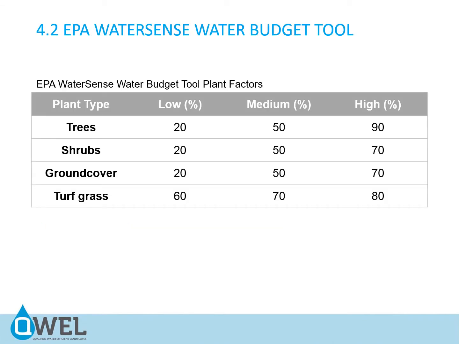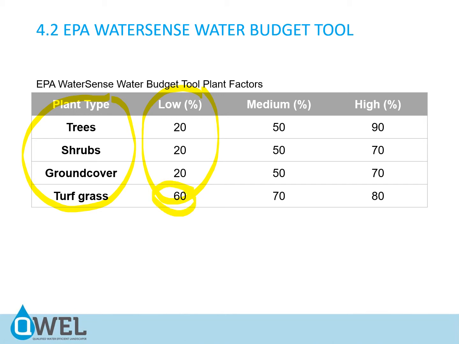4.2 The EPA WaterSense budget tool is broken down into different plant factors. Here you'll see that there's a plant type, and it's broken down into trees, shrubs, ground cover, and turf grass. And then it's broken down into plant factor percentages of ETO, and that's also dependent on the plant type. So trees require approximately 20% of ETO, shrub also 20%, and ground cover also 20%, where turf grass requires 60%